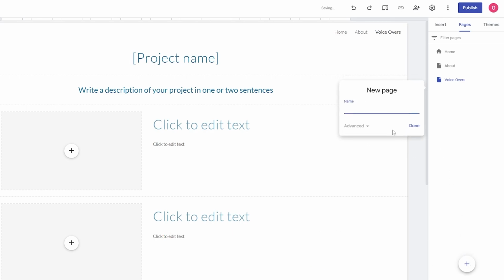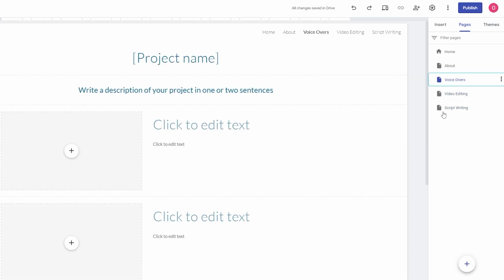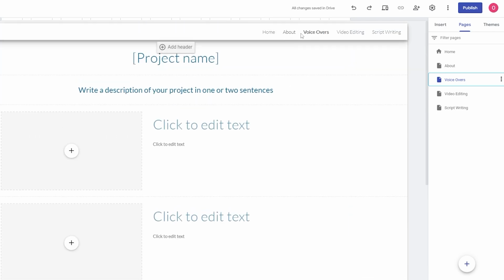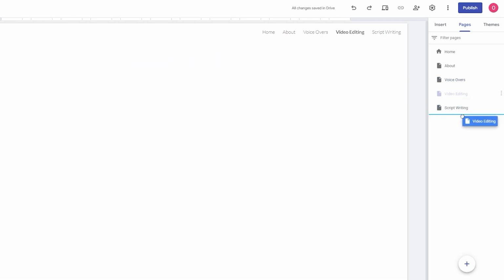Then we can create another page for scripts, right? And then another page for video editing. Boom. So now we have these different pages. All right, we can even link them over here. Next page, or page number 2 or page number 3, here we have all of them. So we could either go with this one, or we could make it a sub page as well. Like, just leave them like that. We can drop them